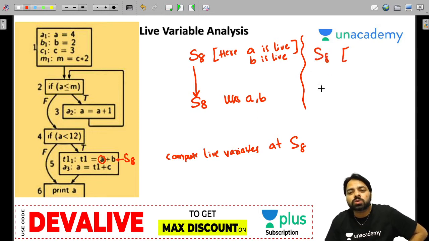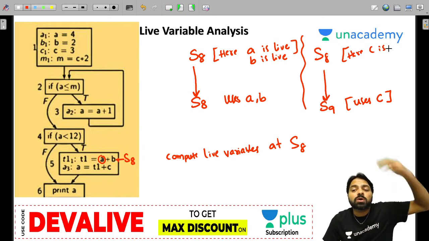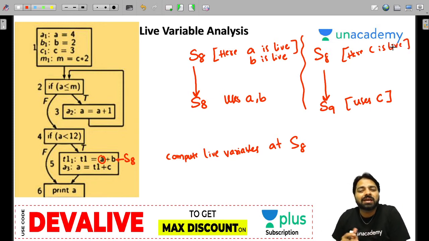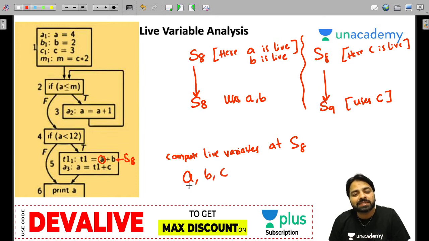Even C is also live because S8 to S9 there is a path and it reads, it uses C, and that is the reason C is live at S8. But actually it was used in S9, but you are saying that C is live at S8. You are not saying C is live at S9. That's a different question. So here A is live, B is live, C is live.